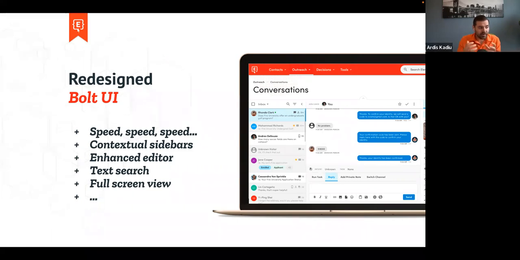And we've gone ahead and done a full text search on your conversations. As you use more and more conversations, you need the ability to say, well, I need to get to that particular student, and I remember what they said, but I don't remember which student or conversation it was. And then the ability to expand your view as you work more and more with it.